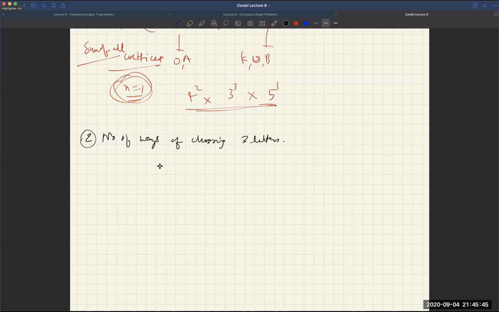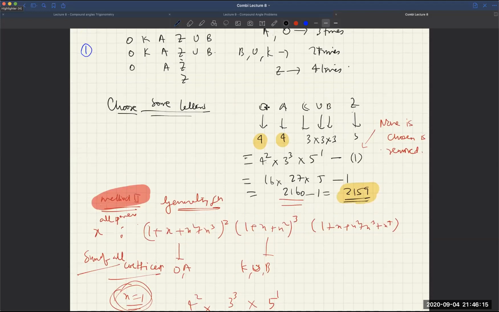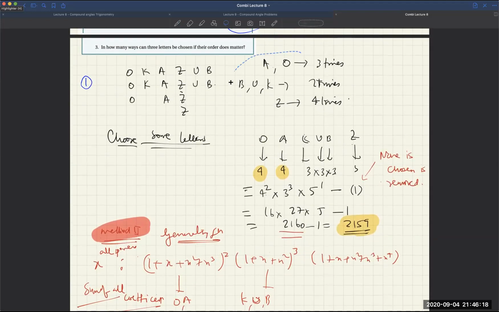Yeah, so 3 letters are chosen. In how many ways can we do this? So this can be like all 3 letters are same, you know, A, or it can be A, B, A, 2 are same, or all are distinct. These are the 3 possibilities, either this case or this case or this case. Now think about it. Just take out the frequency of each letter. Whatever we found out here, I'll just make a note of that below so that we can use it.